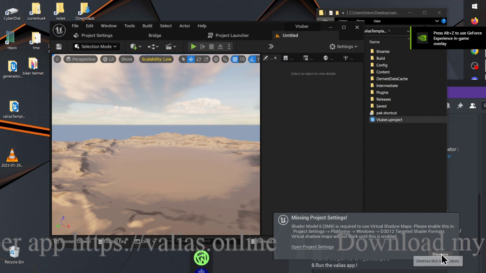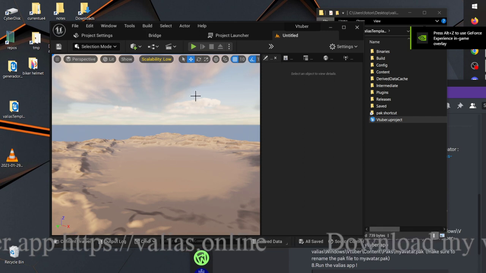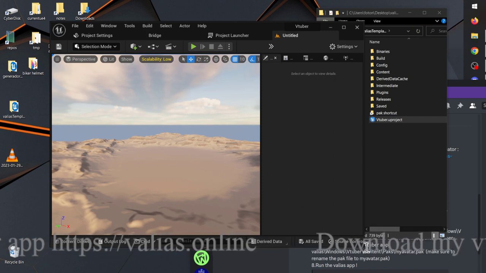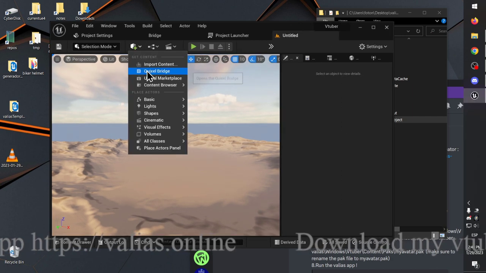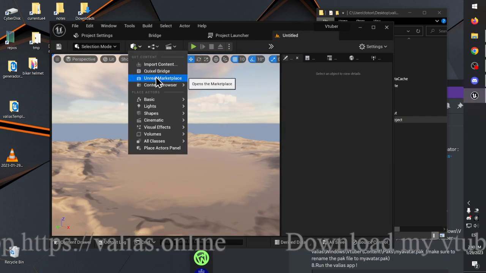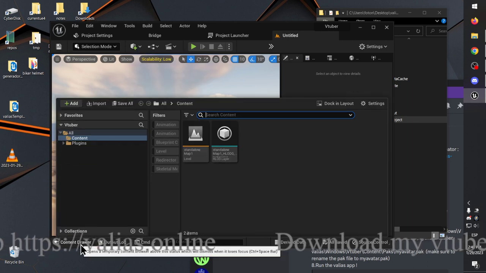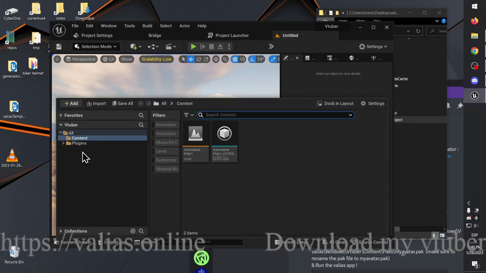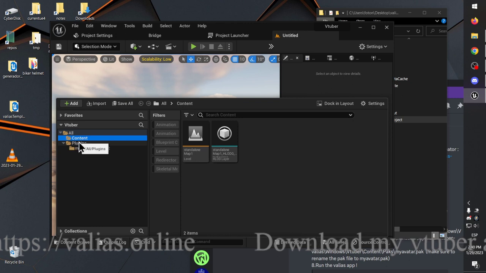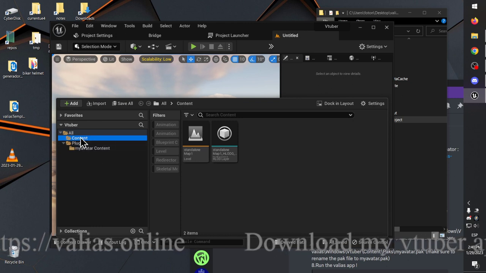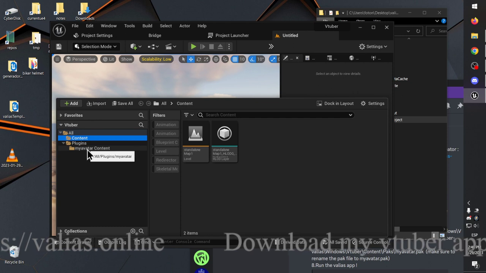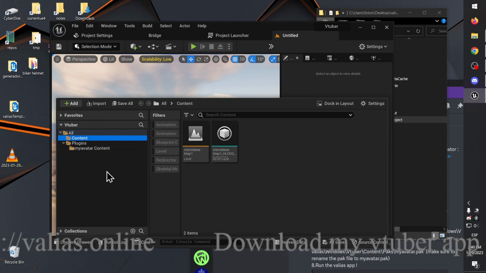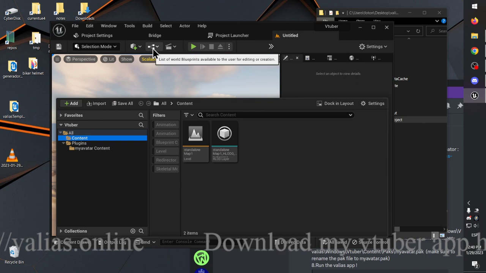So this is the Unreal Engine 5 editor. And in this one, you can actually open the Pixel Bridge. Right now in this project, there is no content in here or in here. So what we need to do is add a new MetaHuman into this content. We will open the